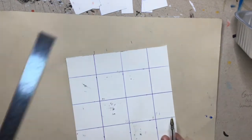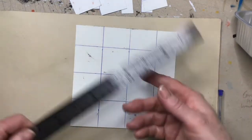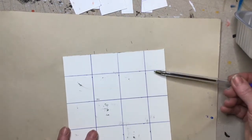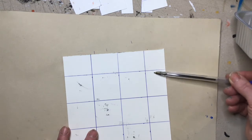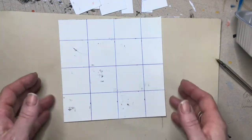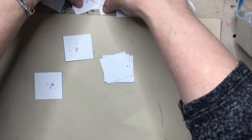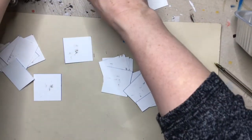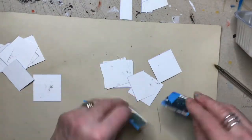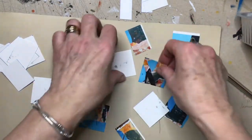Okay, so what I would like you to do then is cut out or trim. If you've got a metal rule and a craft knife, then you could use that. Trim them out, including if you've got any that aren't quite a full square, you may well need those. So trim them all out, and then you will end up with an array of squares. The good thing about drawing the squares on the back is that you don't end up with pen on your picture. Turn them all over, start to sort them all out